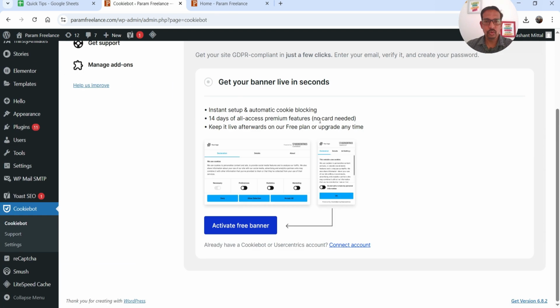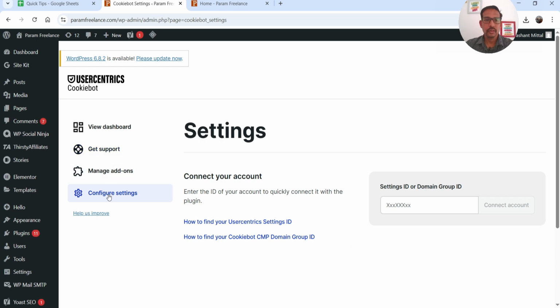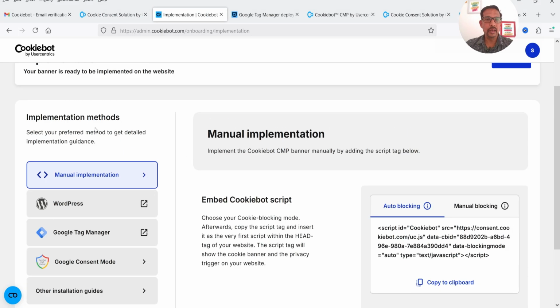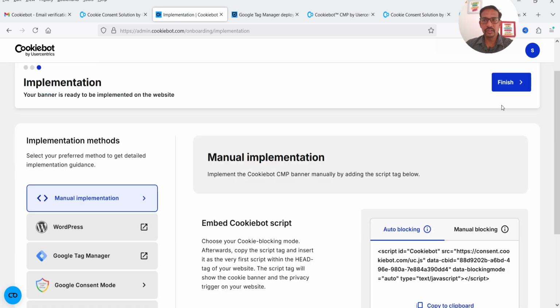So we are on the dashboard and here it says already have a Cookiebot or user-centric account, then connect an account. So we are going to connect the account, and when you click on it, it is asking you to enter the settings ID or domain group ID. Now let's go back to the user-centric account, and we are on the implementation method here. Now let's finish this one,